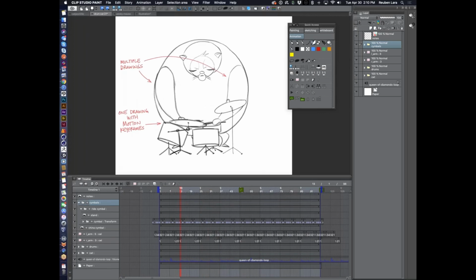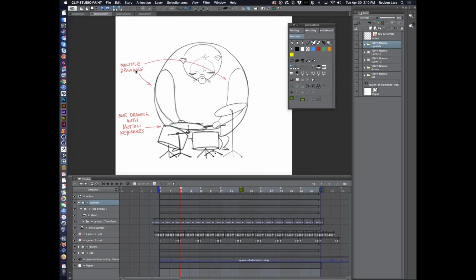The two basic ways of animating, again, is with multiple drawings or using one drawing with motion keyframes. So I'll play these again. So you can clearly see that the arm is made up of, in this case, 4 drawings, and the right arm is made up of 3 drawings, but the symbol is just 1 drawing, and that's being rotated around a pivot with keyframes,